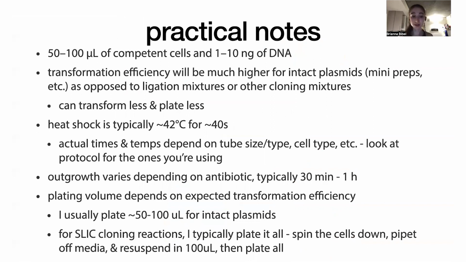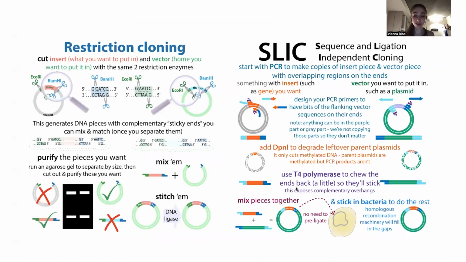Okay, so after that outgrowth step, it's going to be time to plate. And the amount that you're going to plate is going to depend on kind of the transformation efficiency that you're expecting. So I typically plate like around 50 microliters for an intact plasmid. And for one of those cloning reactions like I was talking about, where the cells actually have to heal the product, or even for a ligation product where it's not going to be 100% effective beforehand, you might want to